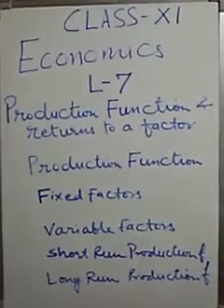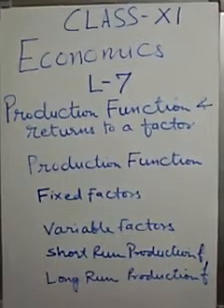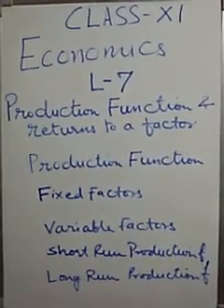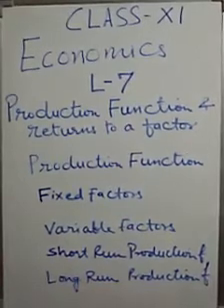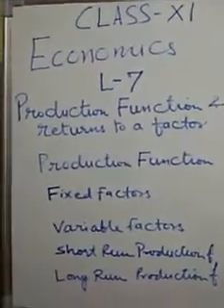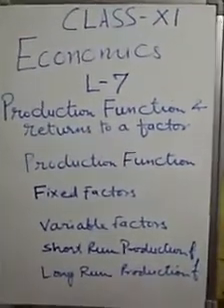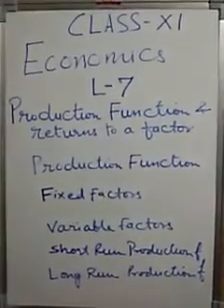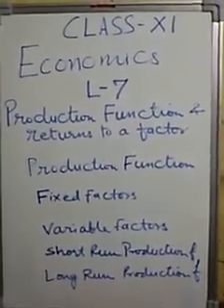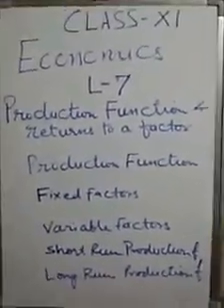Now you are seeing on the whiteboard short run production function and long run production function. So students, short run is a period of time when production can be increased only by increasing the application of variable factors. Fixed factors by definition remain constant. To elaborate further, once a plant is installed, it cannot be changed during the short period. The short period is too short to change it. Thus production capacity indicated by the plant size remains constant during the short period.